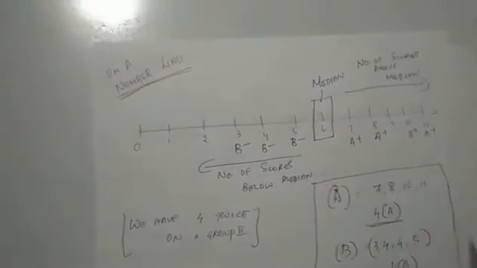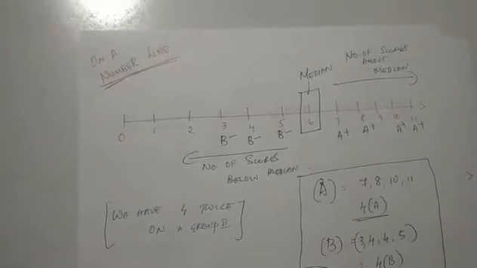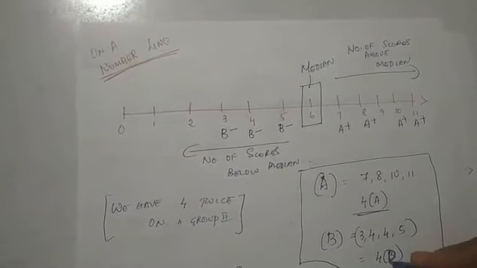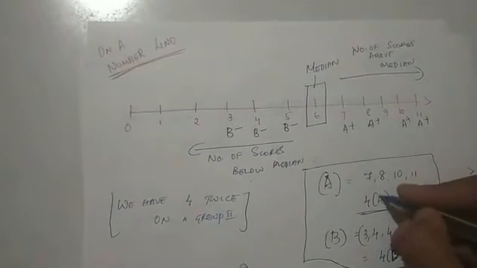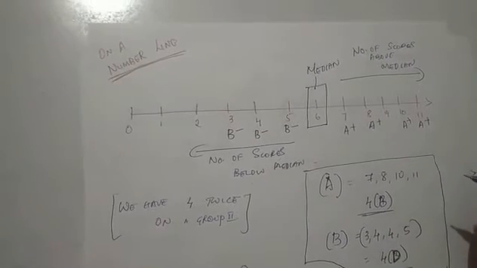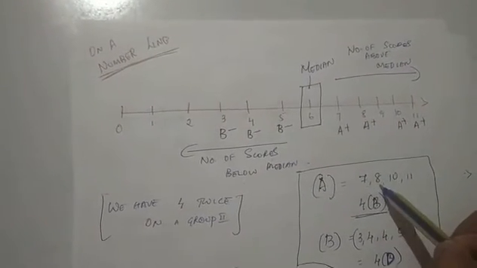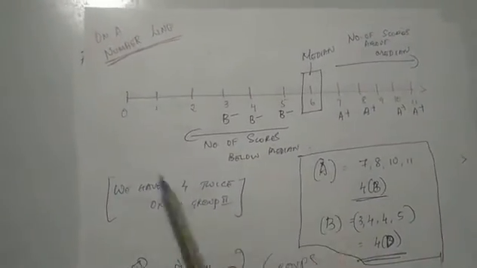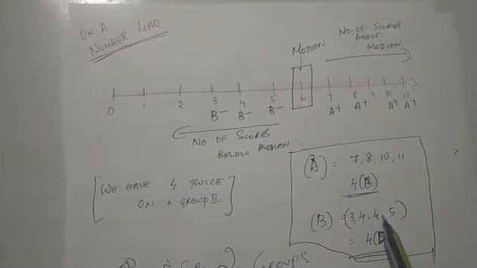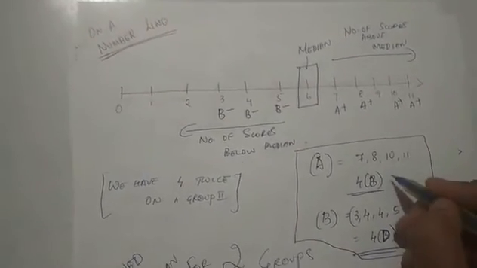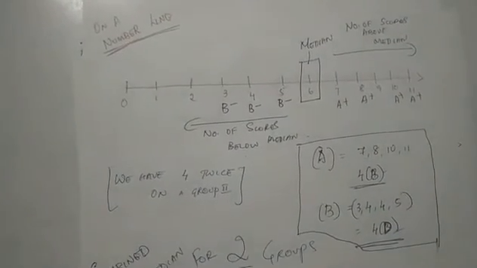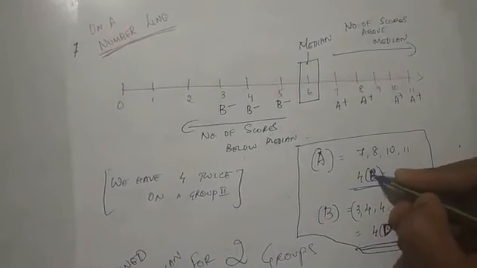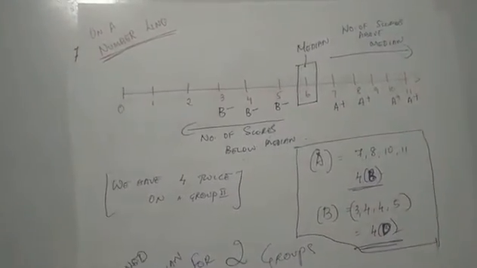So you have the number of scores above the median as A, which are 7, 8, 10 and 11. And the number of scores below the median, B, to be 3, 4, 4 and 5. So while writing in a contingency table, this becomes B, this becomes D. Keep this in mind. This becomes B and this becomes D,